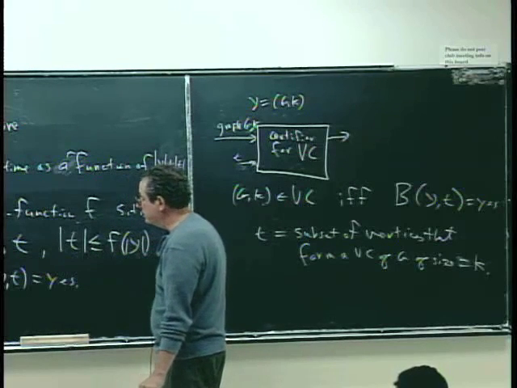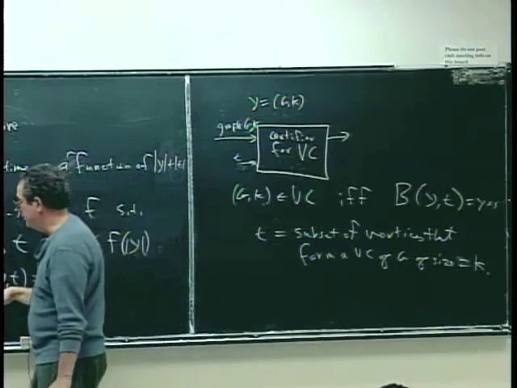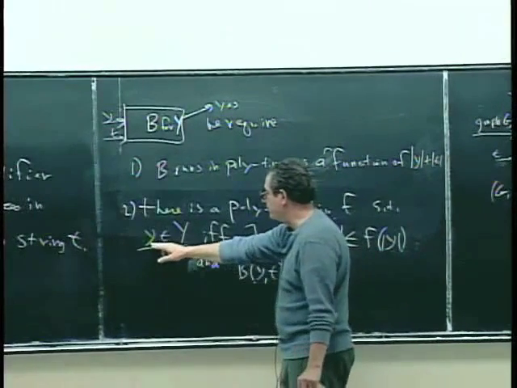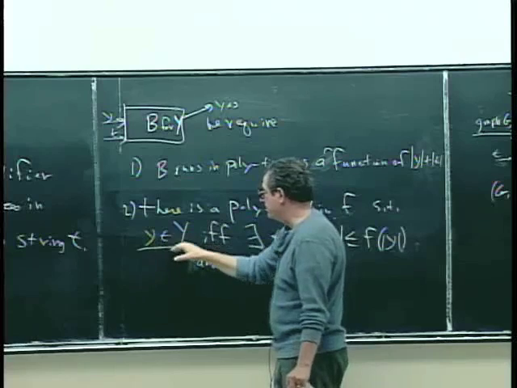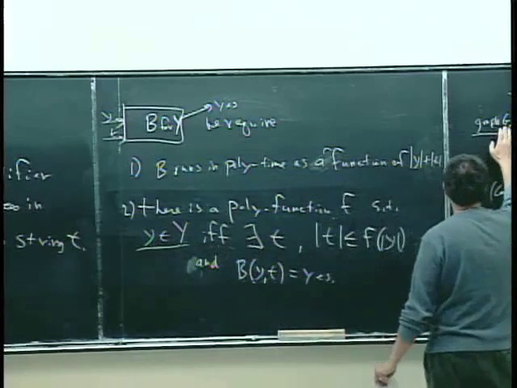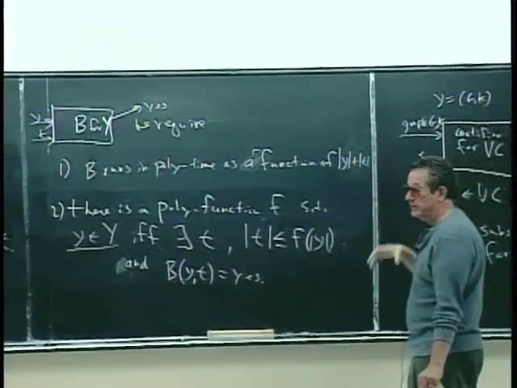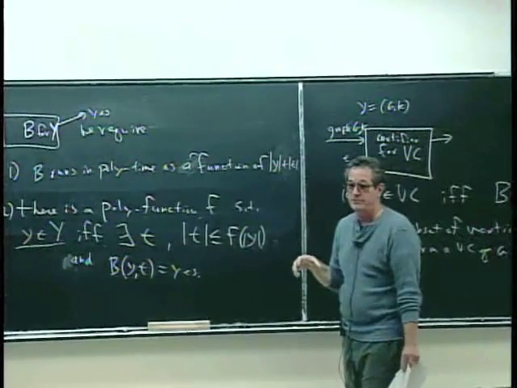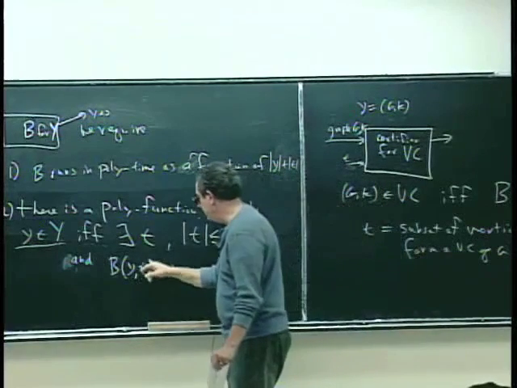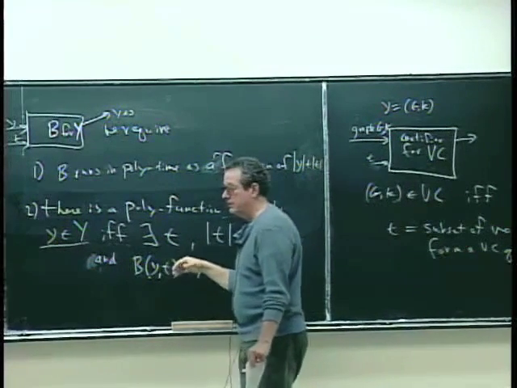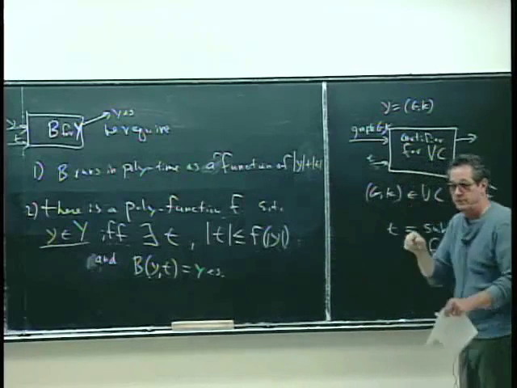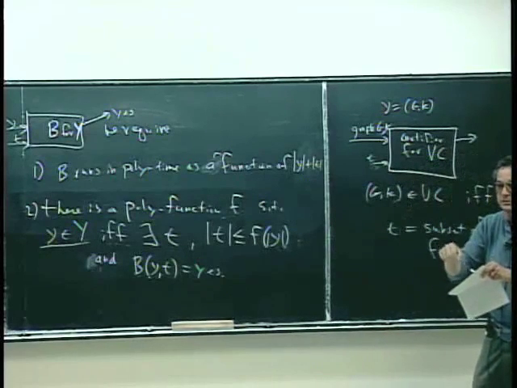On the other hand, this is the subtle part that people usually forget when you first learn about this. Suppose that Y is not in, the input is not in capital Y. That is, you're given a graph, the input is a graph and a target K where there is no vertex cover of size K. All right? Can you think of a hint T that's going to confuse this particular checker, which after all is just going to look at the vertices,